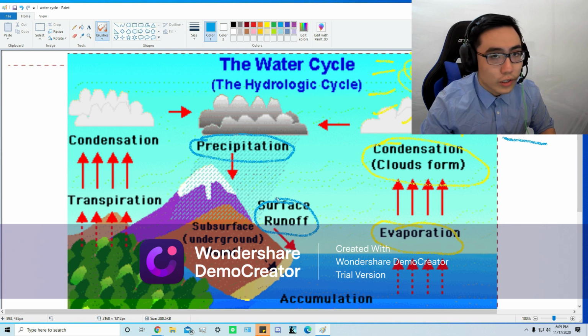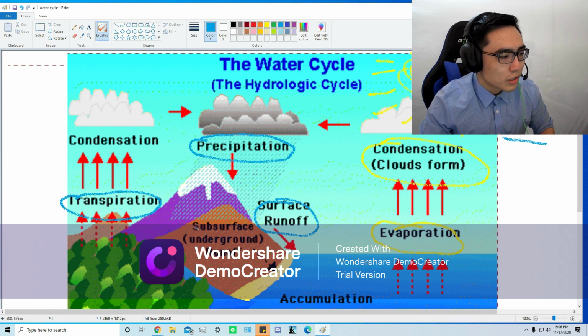Can everybody say surface runoff? Oh, I forgot. We gotta say precipitation together. Everybody say precipitation and condensation. Cool. All right. And so we also see over here that this can happen from plants too, because plants have water in them. And this is called transpiration. Everybody say transpiration. This one isn't as important right now because we want to focus on these, but this is cool to know too. And then that becomes condensation and then precipitation again.